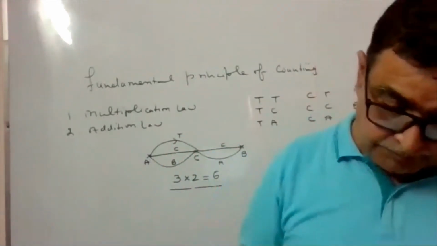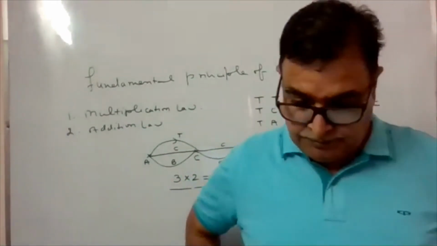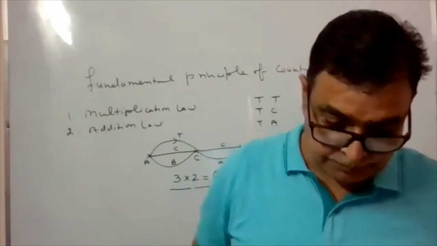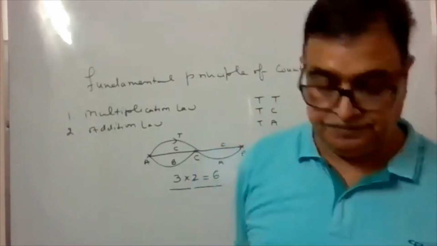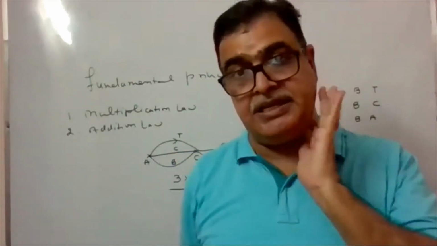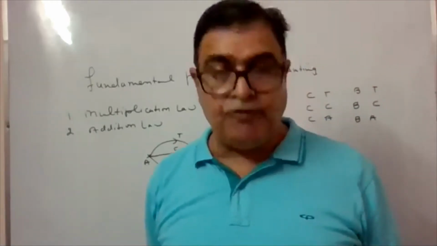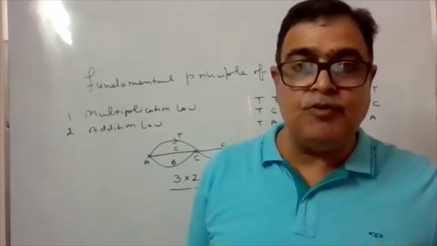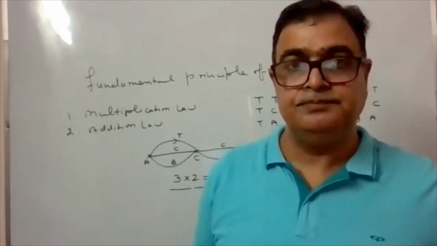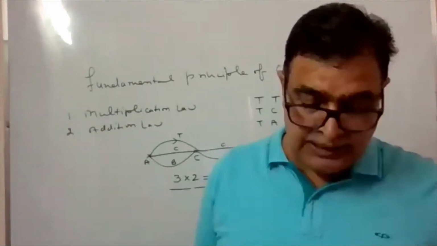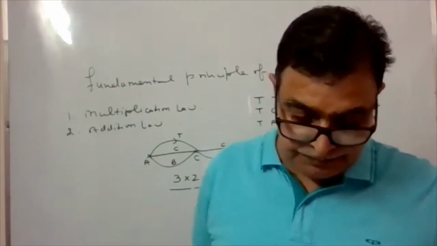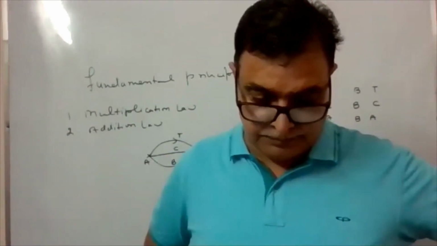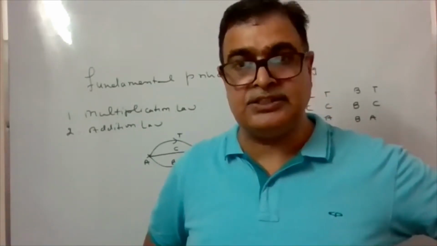Now write the rule. If there are 2 jobs such that one of them can be completed in m ways, and when it has been completed in any one of these m ways, the second job can be completed in n ways, then the 2 jobs in succession